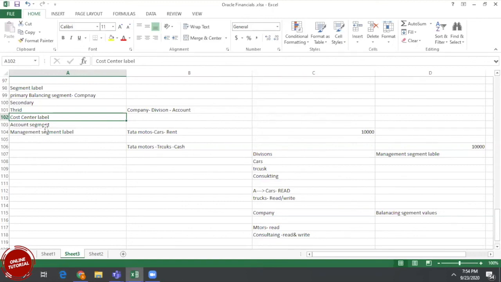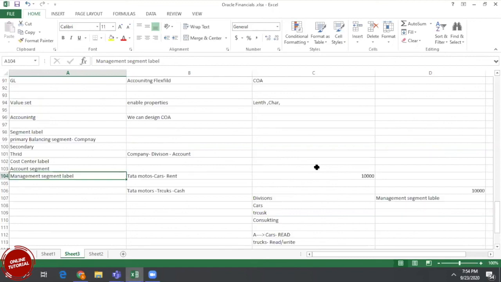For the account segment, the system will ask us the account type, whether it's an asset account, expense account, liability account or revenue account, while defining the values. The management segment label is more useful to restrict the user for any division or location with read and write privileges. So these are the different segment labels available.